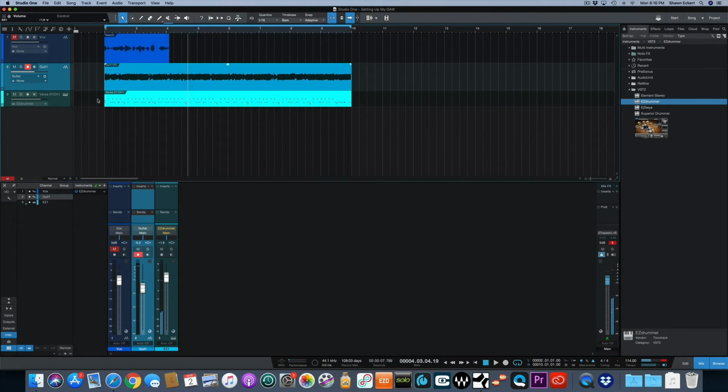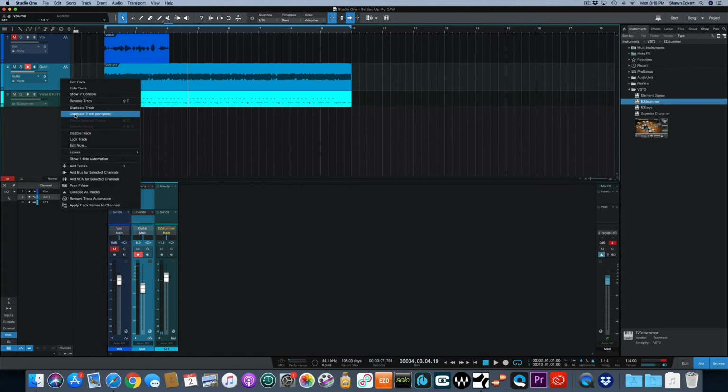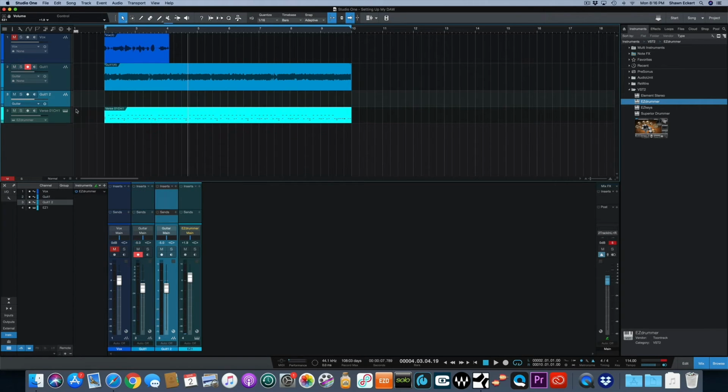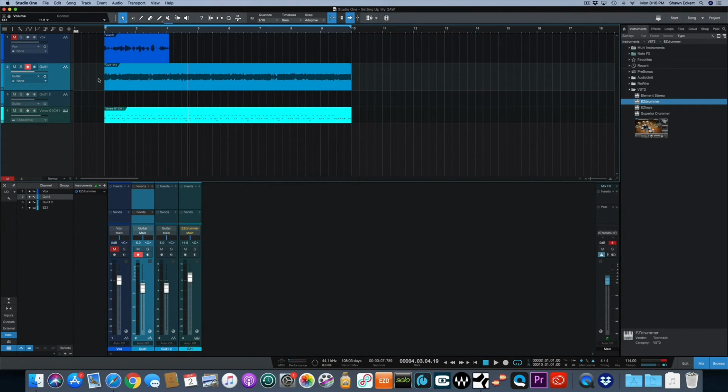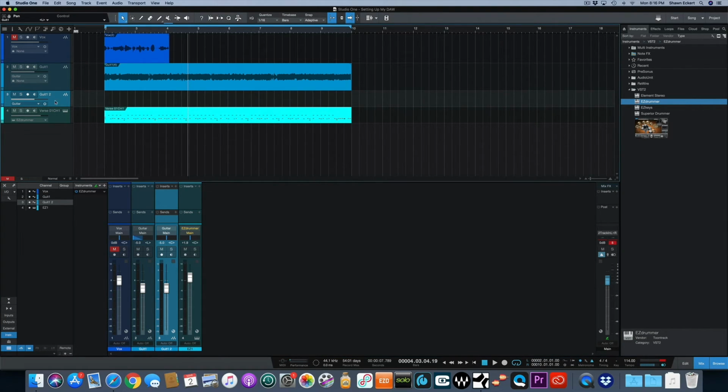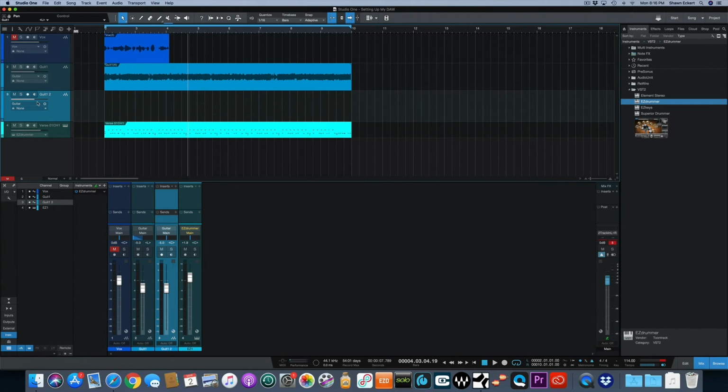Now we're just going to fatten that up real quick. All I'm going to do is go like this, and I'm going to right click on there, and I'm going to say duplicate track complete. Actually, let's just duplicate the track. Right? We're going to take this first one down here, and we're going to pan that all the way to the left, like so, and we'll disarm that, and we will click on the second track,